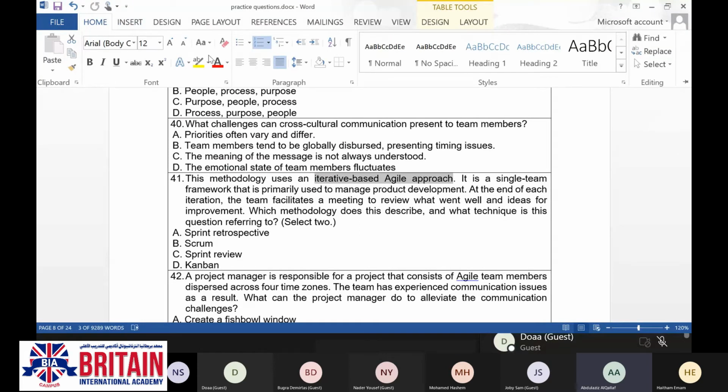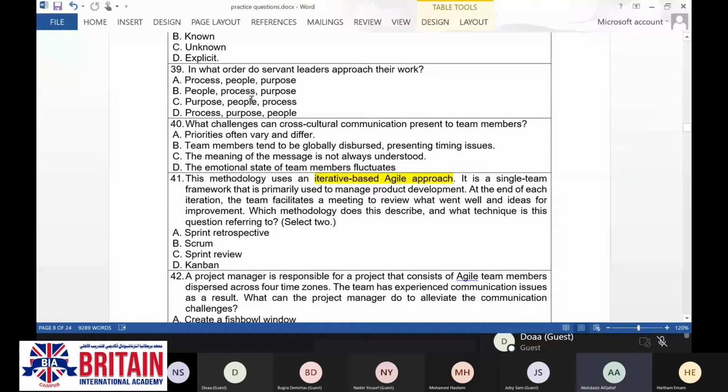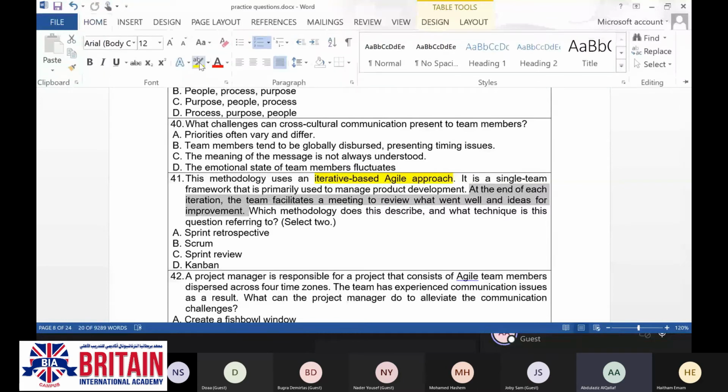At the end of each iteration, the team facilitates a meeting to review what went well and ideas for improvement. Which methodology does this describe, and what technique is this question referring to? The question said select two.